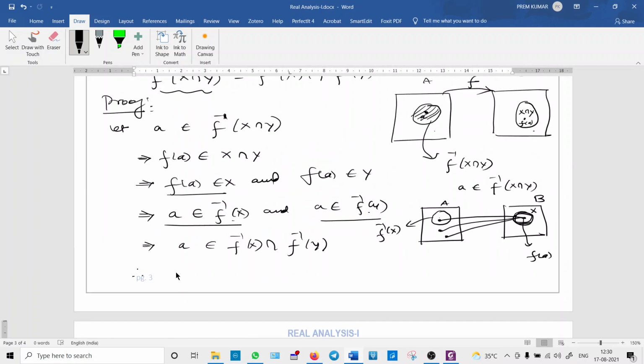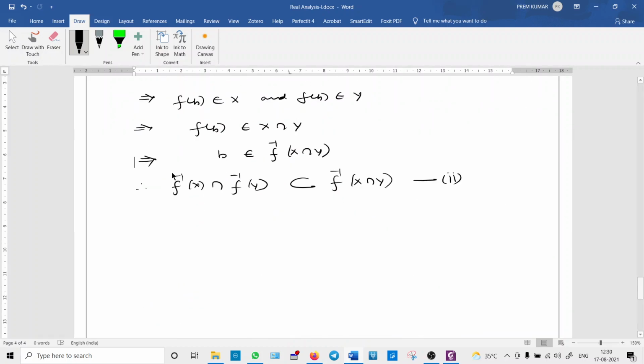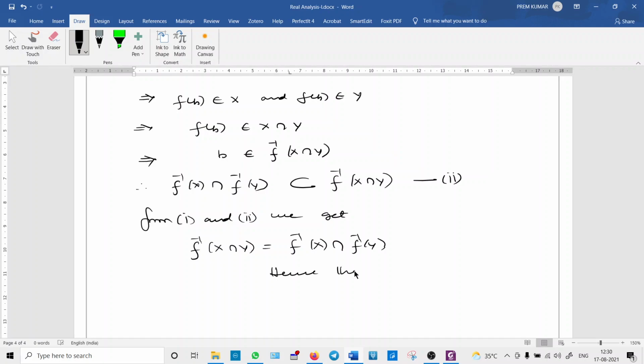Therefore, f inverse of X intersection Y is a subset of f inverse of X intersection f inverse of Y. This is the first part. So from 1 and 2 we get f inverse of X intersection Y equals f inverse of X intersection f inverse of Y. Hence the